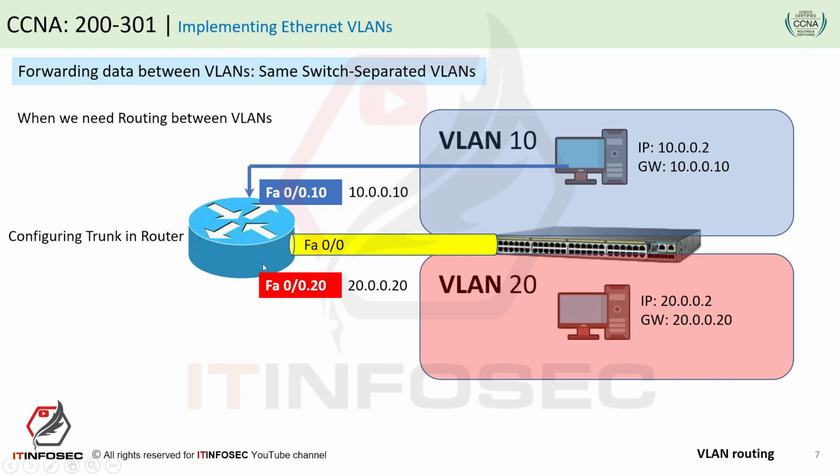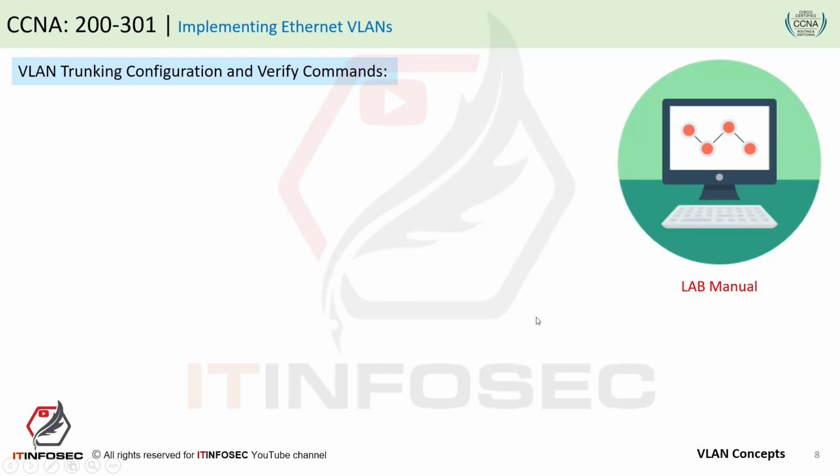And the router can receive data by its sub-interface and pass the data by its outgoing sub-interface related to the destination VLAN. Well,